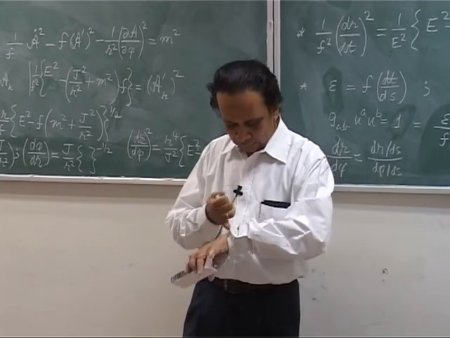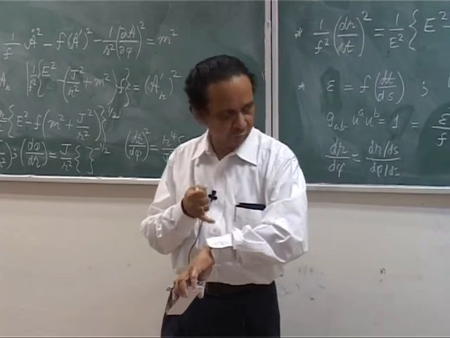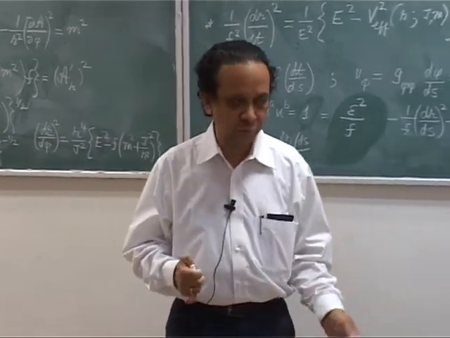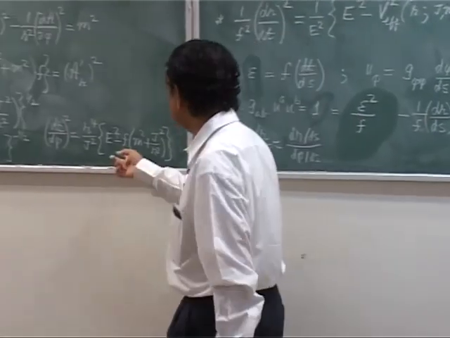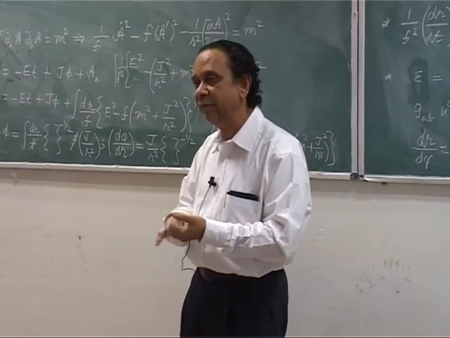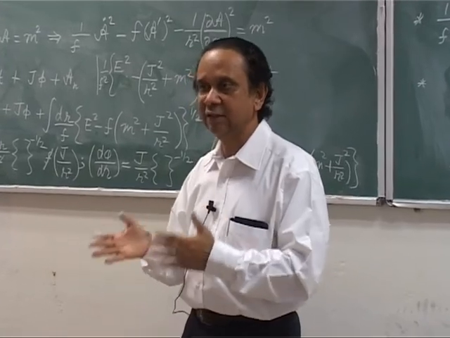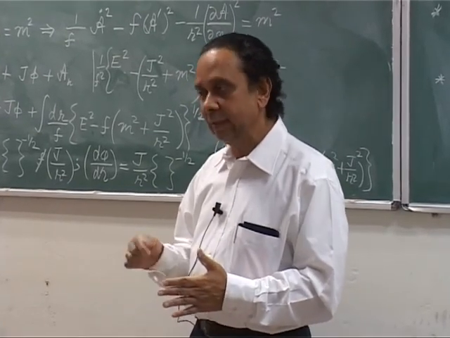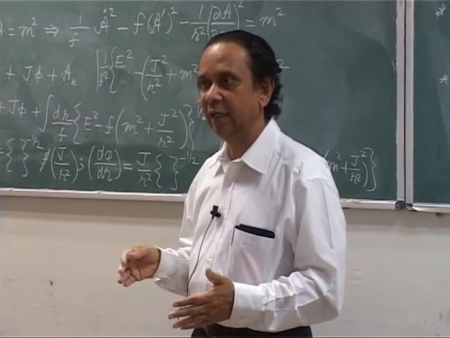Okay, fine. Now, let me see how much time we have. Yeah, we do not have too much time. So, this is probably a good place to stop. What I want to do next, someone should remember this equation, and from this equation I want to derive a second order differential equation for r as a function of phi. Then we will study the orbits like bending of light, the precession of perihelion, etc.